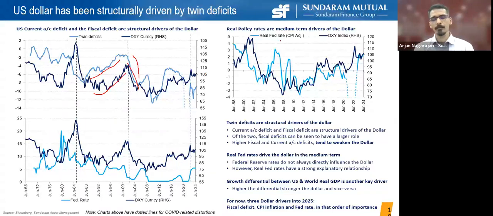Now, if you come to a more medium-term indicator, what we really see is the real Federal Reserve policy rate. When you say a real policy rate, it means the Federal Reserve's policy rate minus inflation. Whenever you see the real policy rate of the Federal Reserve rising, you see the dollar index going up. Whenever you see weakening or a drop in the real policy rate of the Federal Reserve, you see a drop in